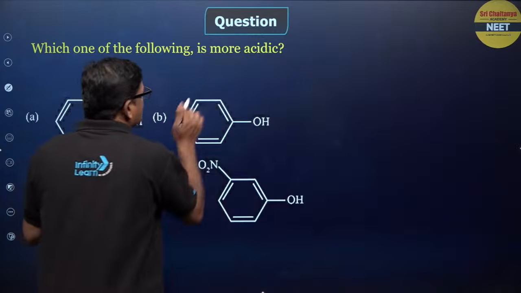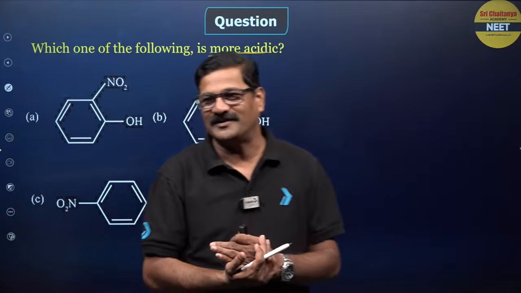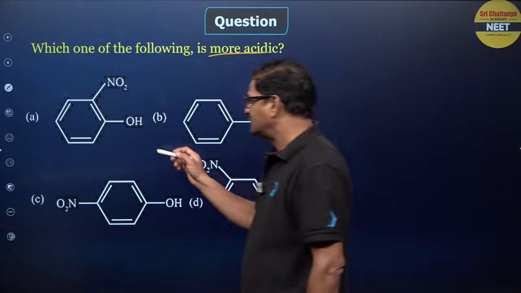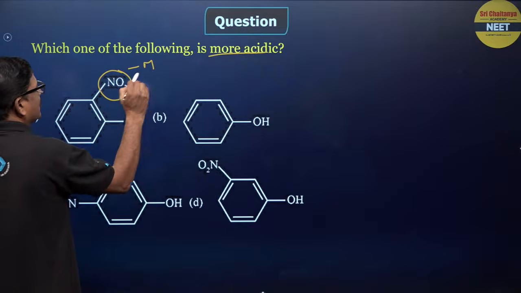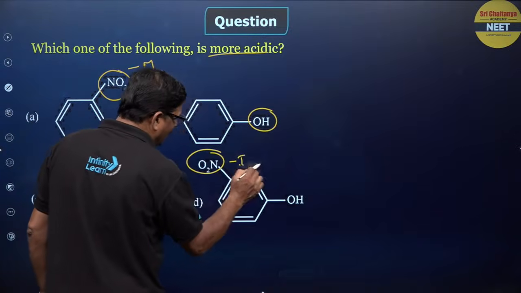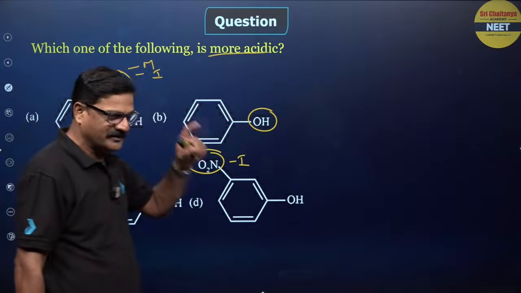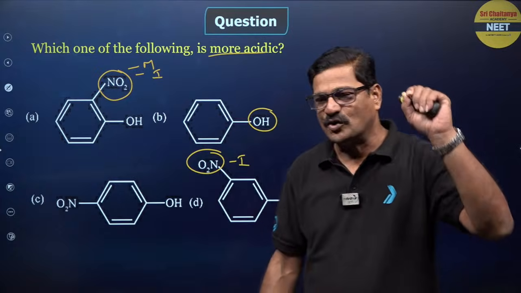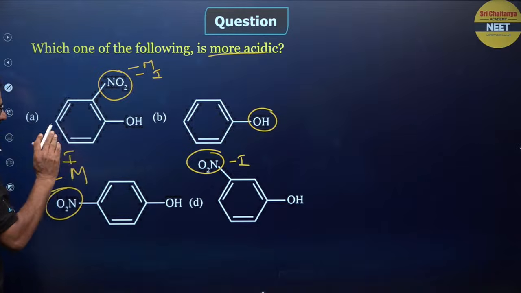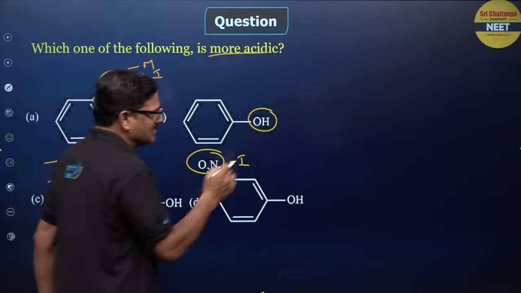Which of the following is most acidic? Come on. Who will give the answer here? Waiting for your answer. So it is a nitrophenol, with negative mesomeric effect and negative inductive effect. This one is just a phenol and it is a meta. It works only with meta positions and only inductive effect, no resonance effect. Supriya, come on, here it is going to be negative mesomeric effect, negative inductive effect. But here inductive effect is more. But the thing is,